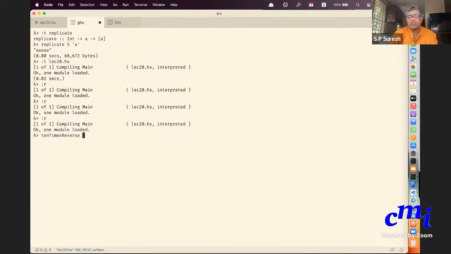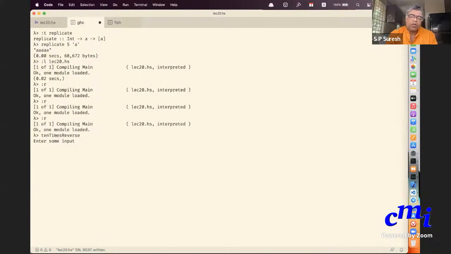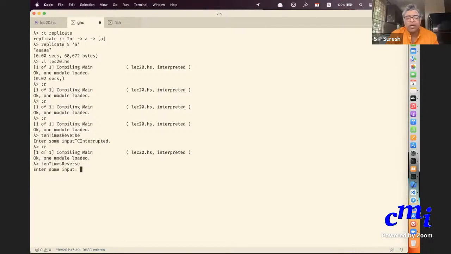10 times reverse. Not the same thing, but multiple things. If I just say 10 times reverse, it will say enter some input. I'll say 1, you'll get this. I'll say 2, whatever.